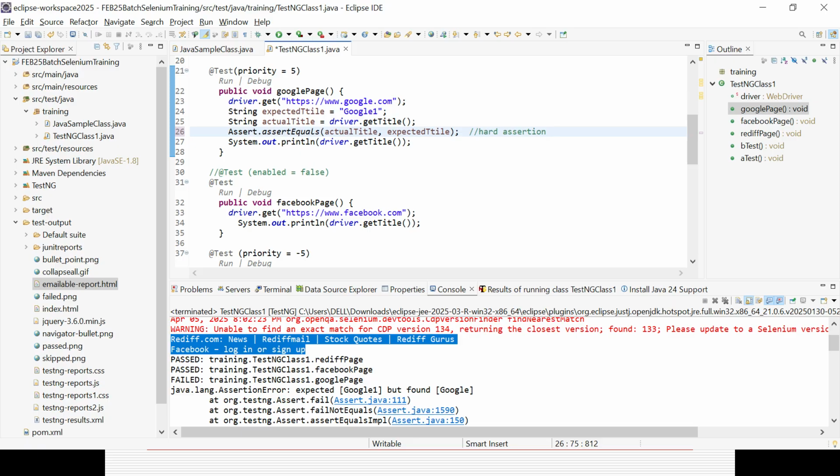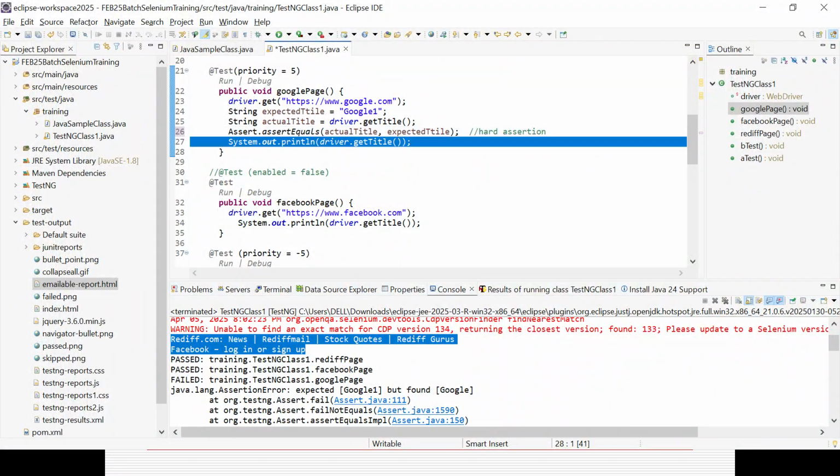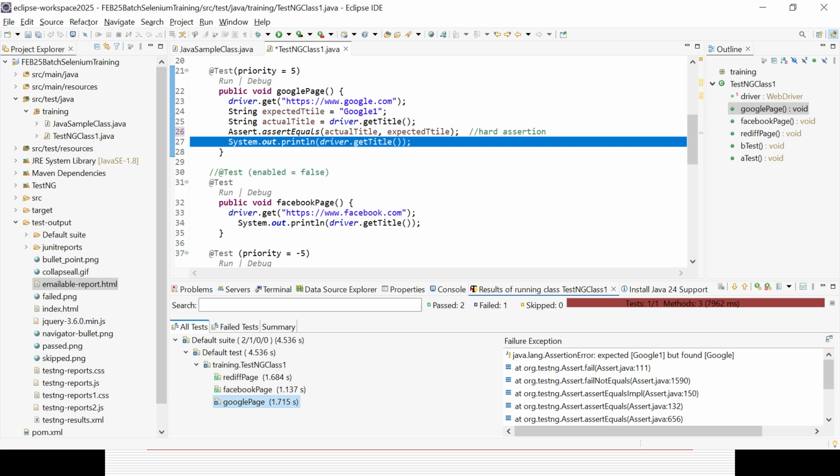TestNG, and Google output is not coming because this step will not be executed. And now the failure is coming. You can get to know all the failures from here. Otherwise, you can go to the TestNG and click on the failed test case. You can go right, copy TestNG message or copy TestNG trace, and then you can open